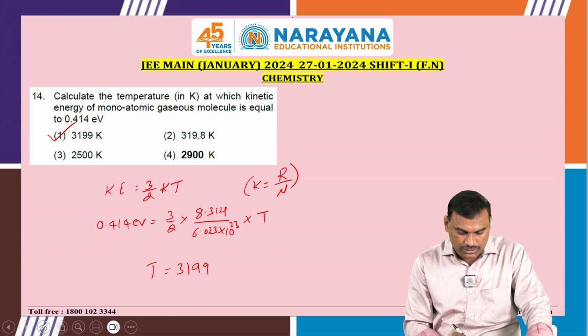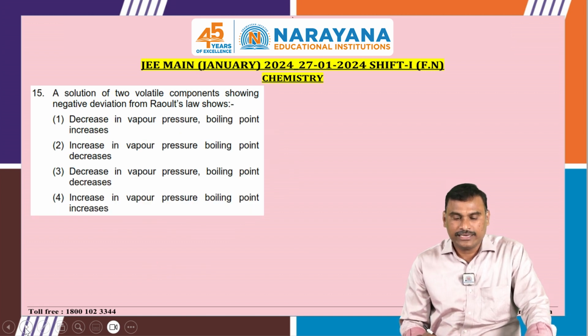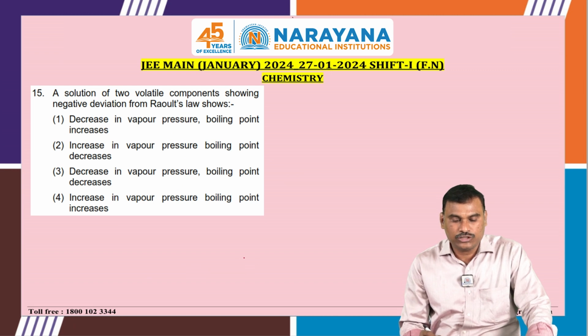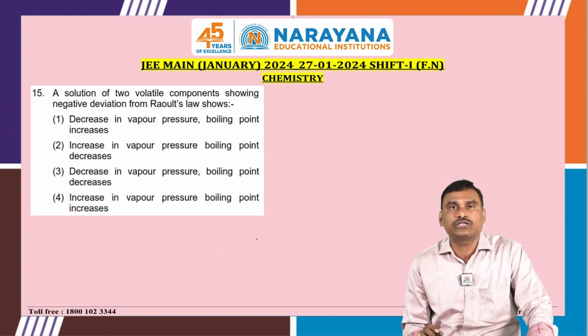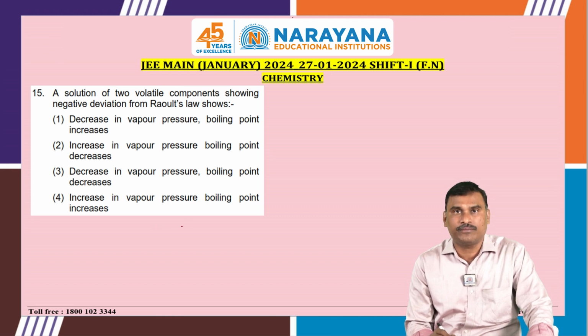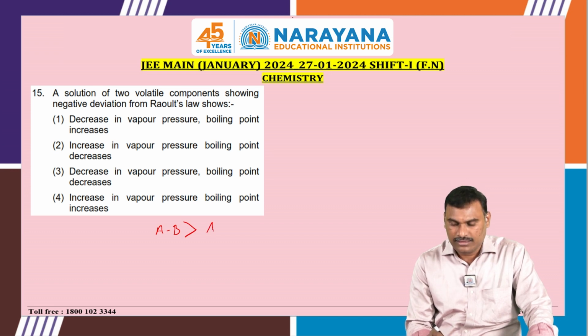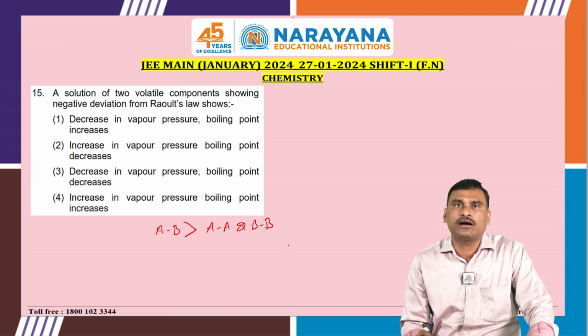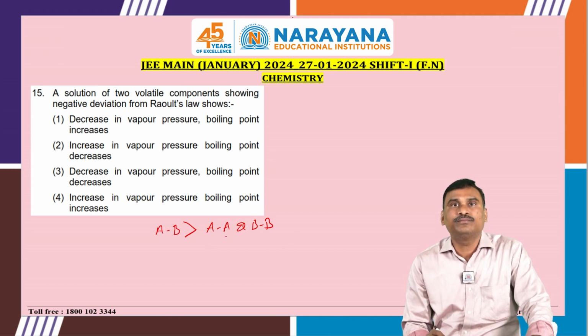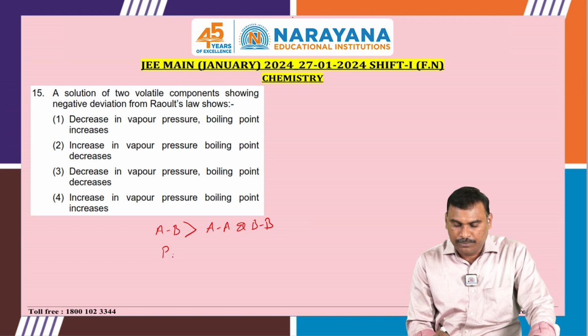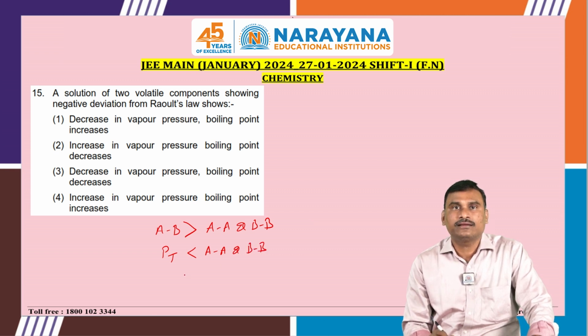Now, let us go for the next question, student. The 15th one: a solution of two volatile components showing a negative deviation from Raoult's law. Negative deviation from Raoult's law means AB interactions are greater than AA and BB interactions, where A and B are the two liquid components. After mixing, the intermolecular forces are greater than before mixing, then automatically the total pressure is lesser than for AA and BB, since before mixing